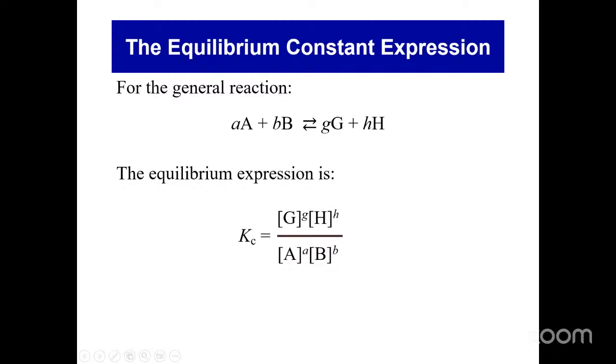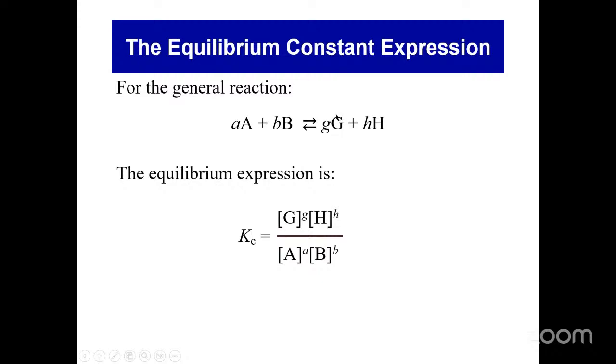Generally speaking, it is the product of the concentration of the products divided by the product of the concentration of the reactants. However, you have to ensure that in each case, you raise the concentration of each reactant and product to the power of the coefficient in the balanced equation, right? So the lowercase letters represent the coefficients, the uppercase letters represent the substances, and basically, as you can see here,